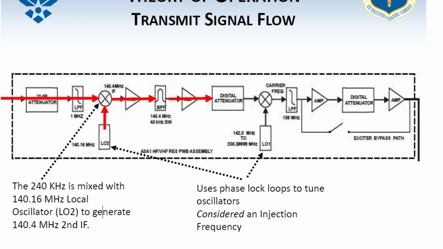What you got, Aaron O'Brien? Maybe 140.4. It'd be 140.4. Absolutely it would. Is this not 140.4 right here that we're getting out of the mixer? It is. And that is also our second IF. Now we're going to get into what's happening at this local oscillator 1 on our next slide, so I don't want to jump too far ahead. Now that we have what's known as our second IF,